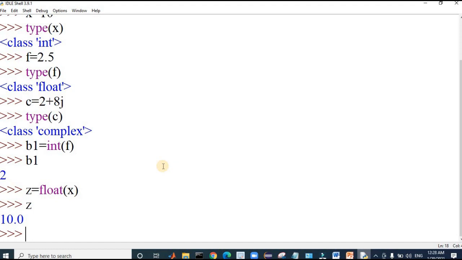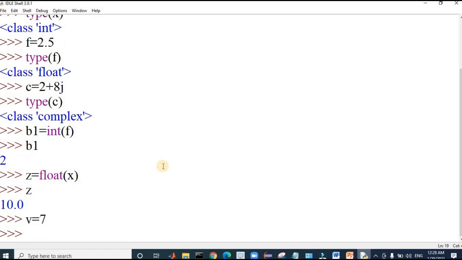What if I would like to convert an integer value to a complex number? How will this work? Say I am assigning another variable, v, equal to 7. Now I am trying to convert to a complex number.